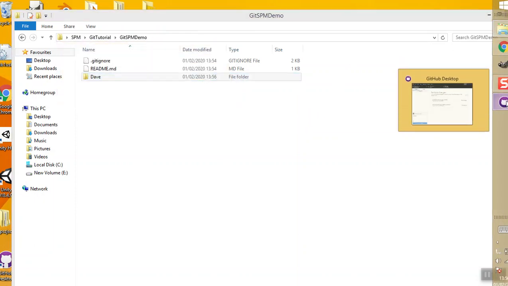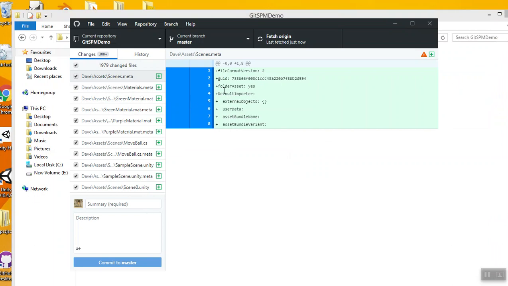So if I bring back the GitHub desktop, it now sees that there's been some changes. There's lots of changes because we've not had anything before. So, added the Dave project, and the summary is, what are we going to say? Should have a summary that means something, that talks to somebody else. So, demo Unity for SPM,